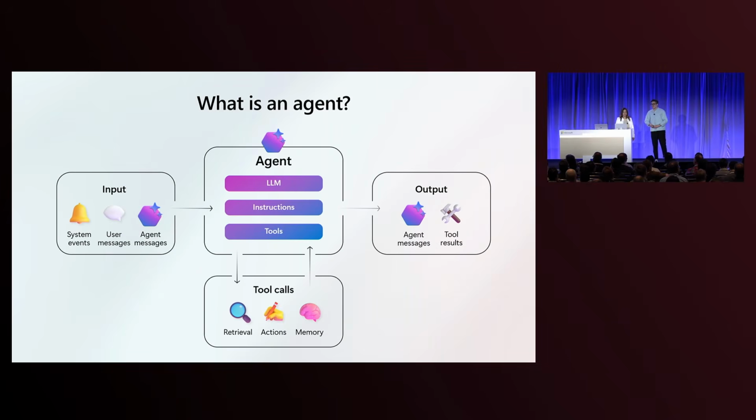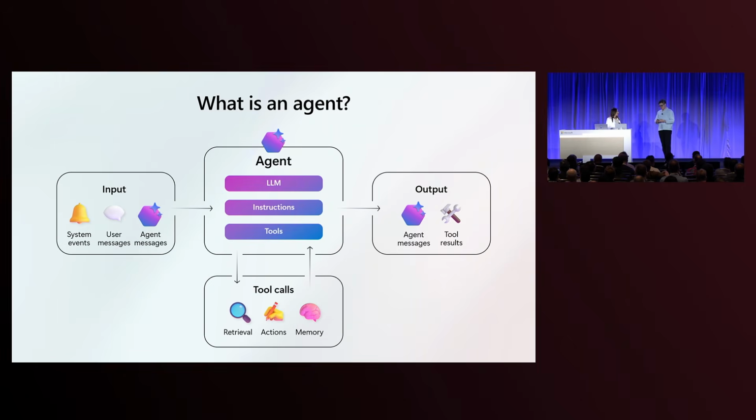To create an agent, you just need 3 things. An LLM, its brain; the instructions, its job, its goal in life; and the tools that allow the agent to actually manipulate and interact with the real world. How does it search or retrieve information? How does it perform actions? And how does it remember things? And what you're going to see is it's really easy to integrate with your existing apps and services. And once you're done, you're mostly done. Because agents just talk like we do. You use natural language, either a user message or a system event or other agent messages